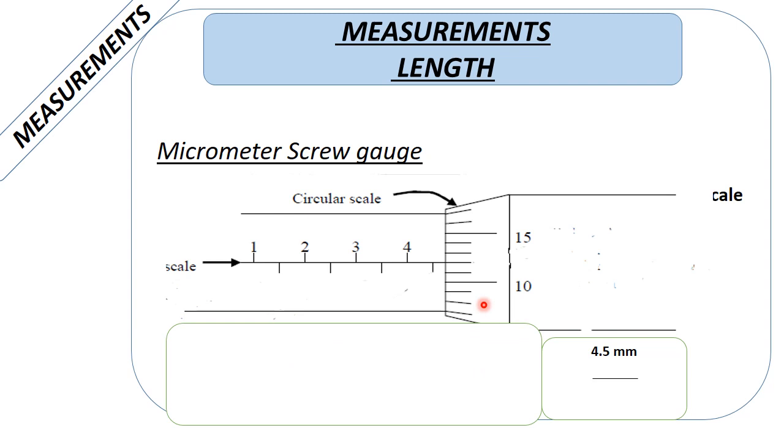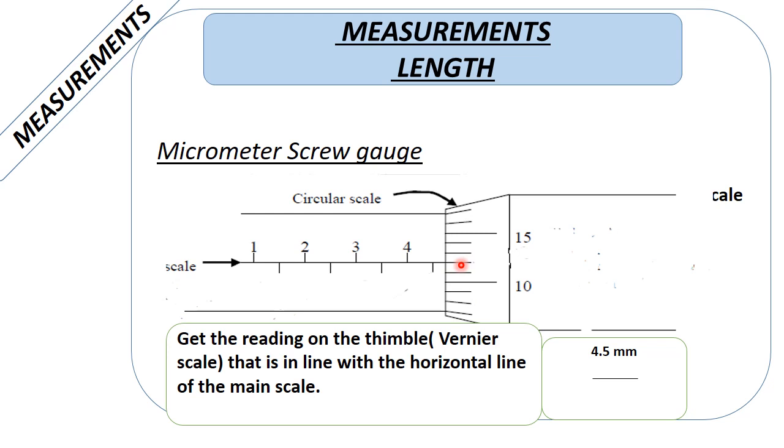Then we can move to the thimble or the vernier scale. How do you get the reading from here? We look for a mark which is in line with the datum line on the main scale. And the rule says get the reading on the thimble that is in line with the horizontal line of the main scale. In this case, it is this one. What's the value of this one? So values here are in